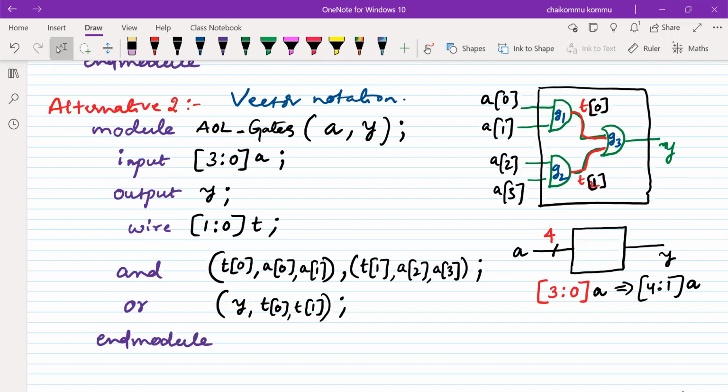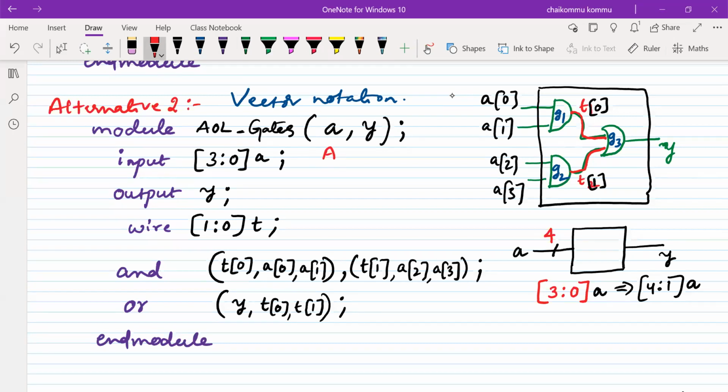It is possible to write a capital A also, but it is better to use lowercase letters, because we always practice lowercase letters when writing things. Verilog is case sensitive. For example, if you write capital A here instead of small a, and you write small a in all other places, there will be a big difference.